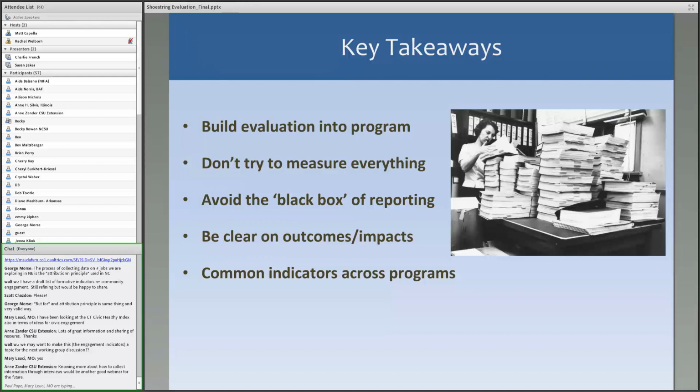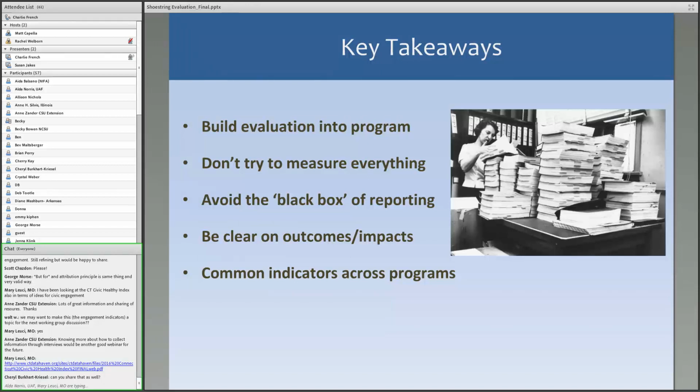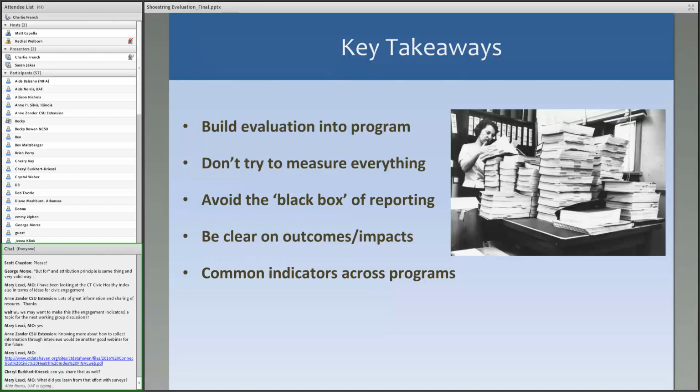We would do a pre and a post to see if we could document any numerical changes in a community's capacity in a particular area. The questions under each survey were essentially indicator questions that we devised, and we got help from Robert Putnam's group at Harvard to help us validate some of the survey instruments. But we don't use that tool as much anymore because we felt it was too long. But I'm happy to share a link to that tool, as I see someone asked for a copy of that.